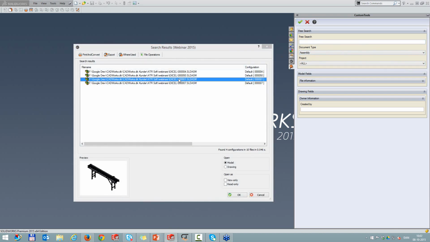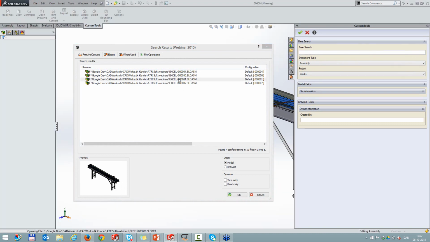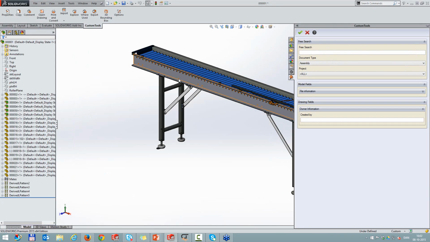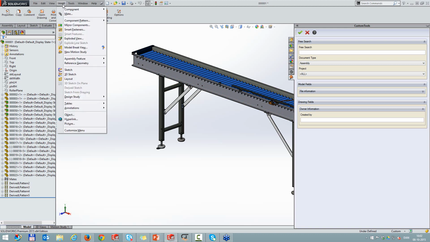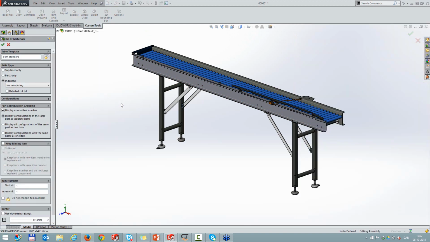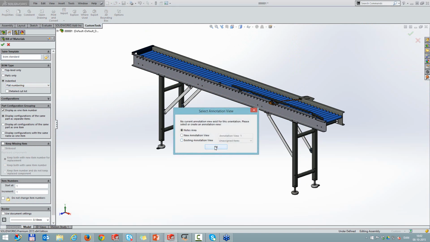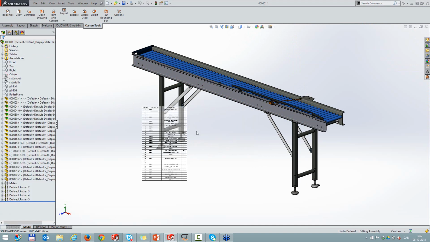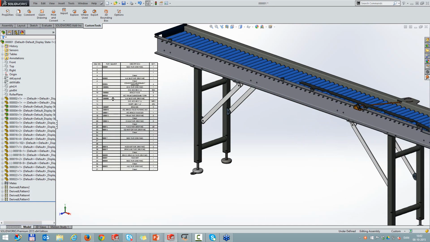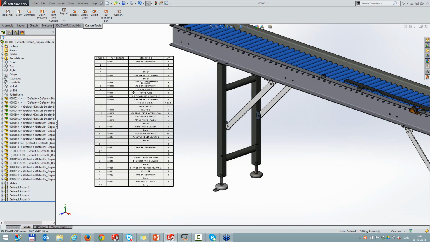So first off, I want to do the SolidWorks bill of material, just to let you see that as well. So I'm going to insert a table, a bill of material, and I am aware that there are many ways you can do this in SolidWorks. You can do it from the drawing as well, but this is one way at least. So insert into the notes area, and we get the BOM inserted.